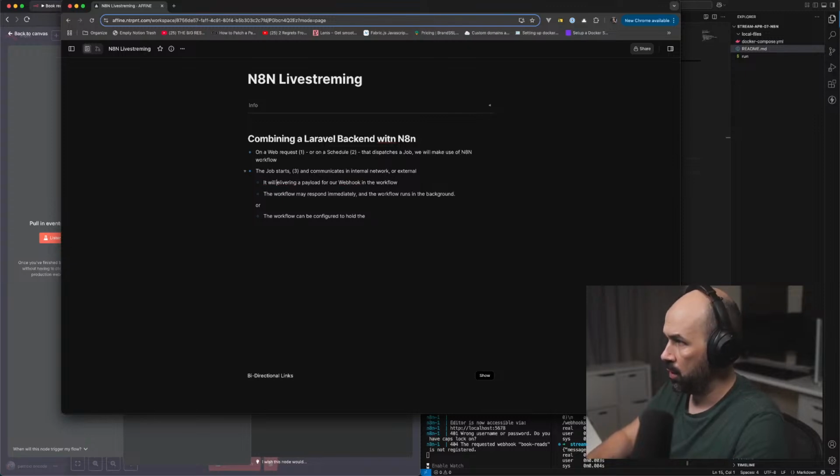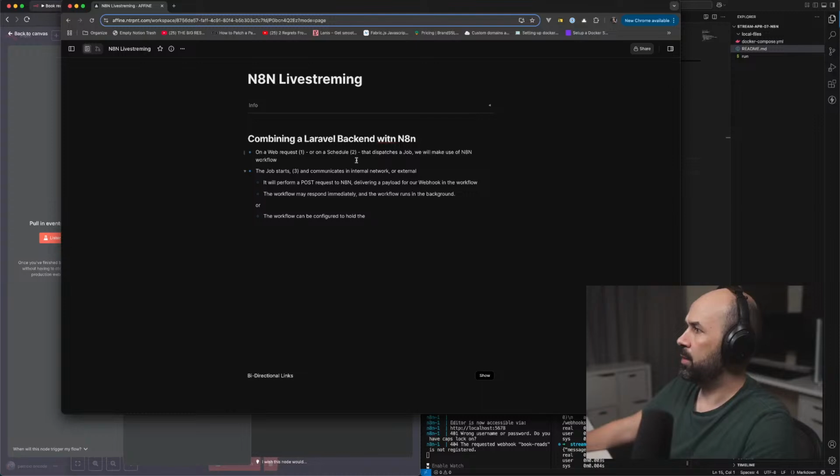It will perform a POST request to N8N, delivering a payload for our webhook in the workflow. The workflow may respond immediately, and the workflow runs in the background.